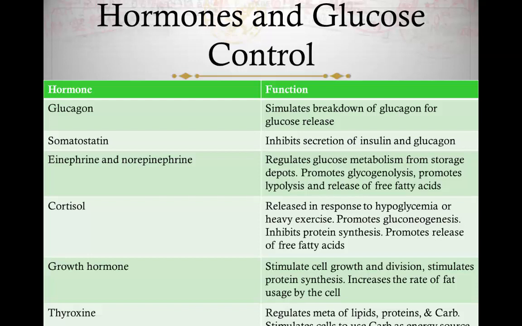Cortisol released by the adrenal cortex is part of the glucocorticoids, and remember the mineralocorticoid will be your aldosterone at the level of the adrenal cortex. Patients with high levels of cortisol also promote gluconeogenesis, meaning new sources of glucose, therefore having a hyperglycemic event. Okay, the growth hormone for patients with acromegaly, for example, they also stimulate cell growth and division, but not